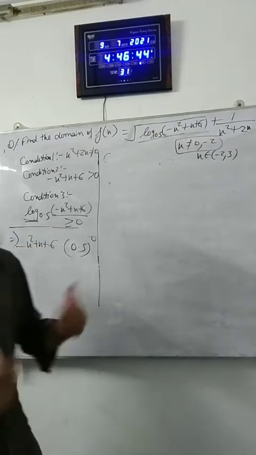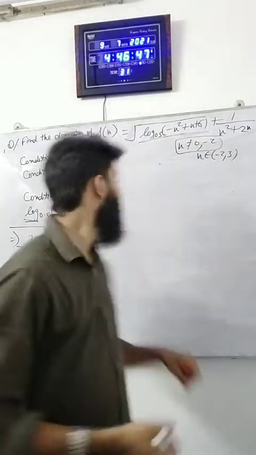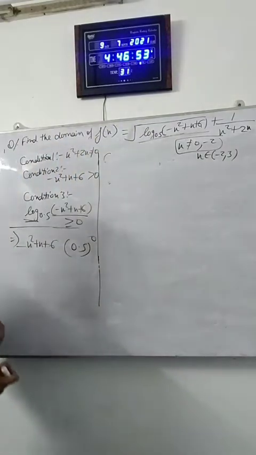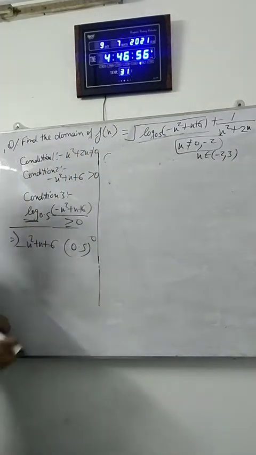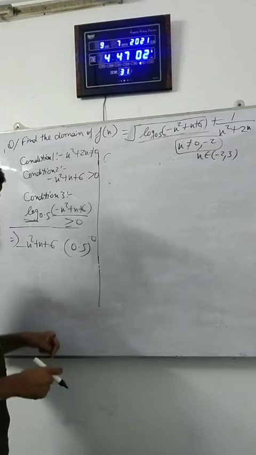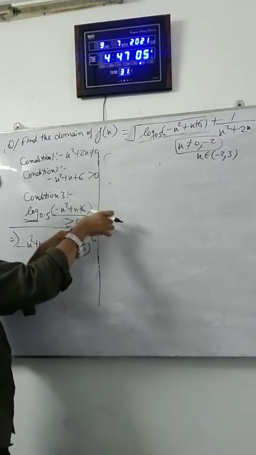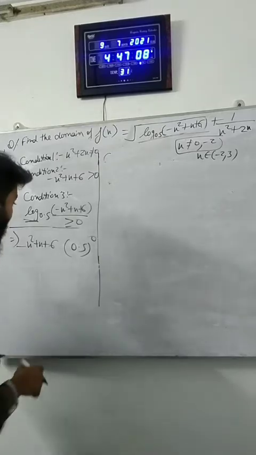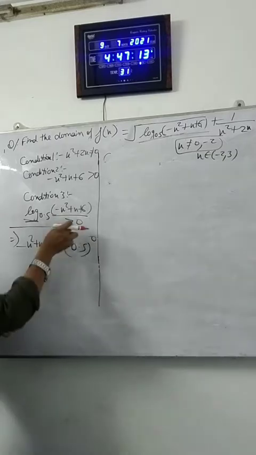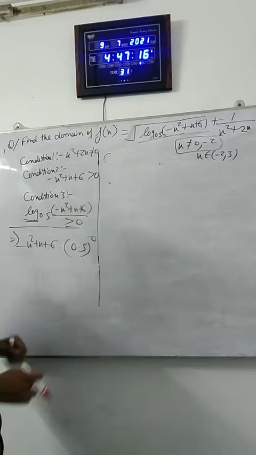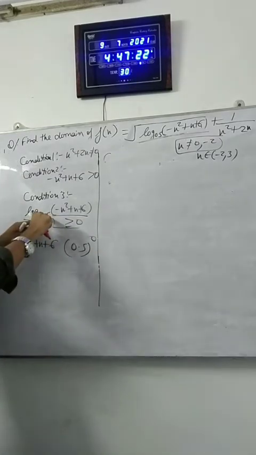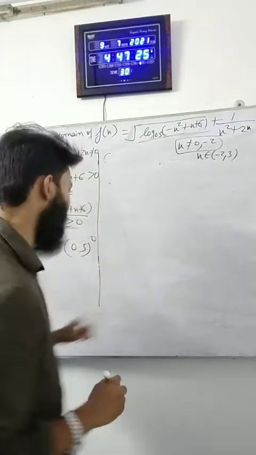We all know that we have studied logs in classes 9th and 10th, and we need to have some background in logs before studying these relations and functions. So we know that whenever we remove this log, on the right hand side we transfer this base and it becomes the base of the power. And this number which is going on the right hand side becomes the power. Now the second important thing is that the sign is greater than or equal to, and the base of the log, 0.5, is less than 1 actually.